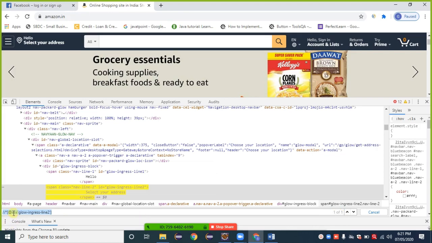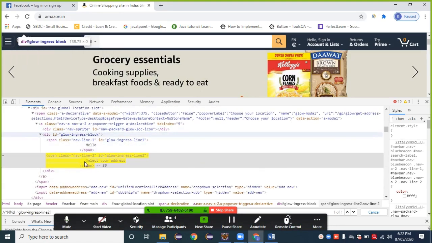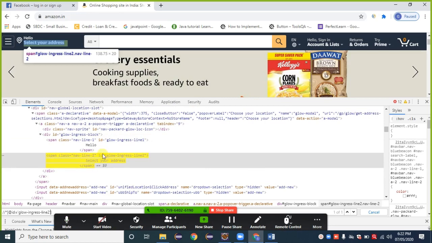If, by mistake, I do not give an @ sign, observe what the suggestion is: 0 of 0. In that case I can understand that something is wrong from my side. What is wrong? Here I didn't give the @ sign, and sometimes if I don't give the single quote, again the same situation, 0 of 0. It means that there is some mistake in the XPath syntax. So 1 of 1 means that it's a required XPath. Then I can go with another attribute also.